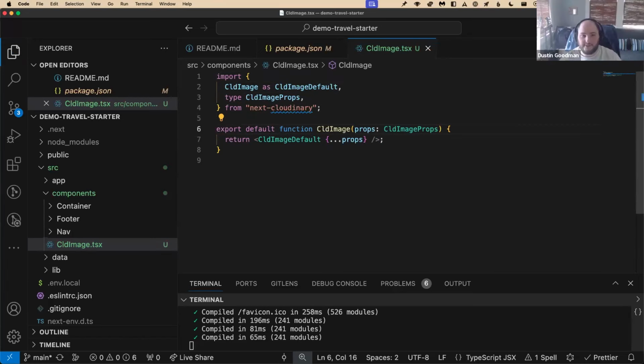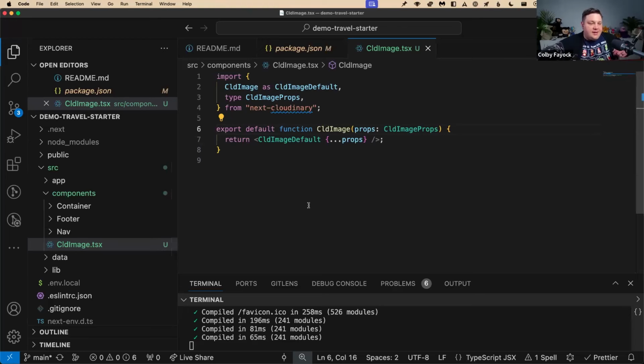Fair enough. Some projects we like to do default, sometimes we like to do named. If this file could possibly export multiple components, maybe we want to do it that way. Fair enough. But let's do the default. I like it. Awesome. So the last thing that we need to do is add that use client directive to